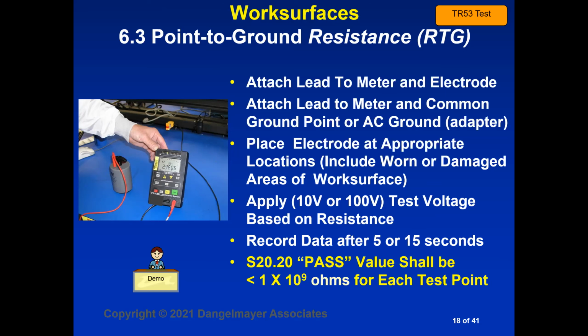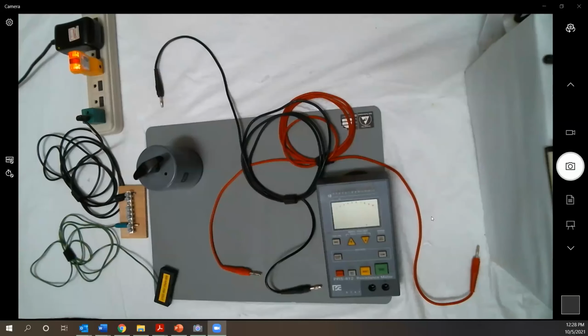And I think, Ted, you've got a demo set up on this? I do. I'm going to take the sharing over for a moment. Okay, are you seeing my desktop? I think we see it. You see the meter? Yes. When I said desktop, I really mean my